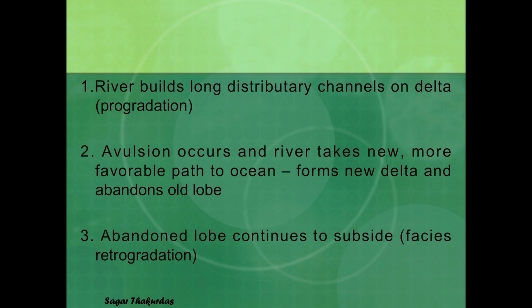Now what happens is, over the period of time, a delta distributary channel gets choked due to its own sediments, and there is no further way for the transportation of sediments and water into the ocean, and it finds a new path due to avulsion, that is migration of channel. Now here this is migration of distributary channel, and it finds a new favorable and easy path to transport and deposit the sediments carried by the river into the ocean by abandoning the previous channel or previous delta lobe.